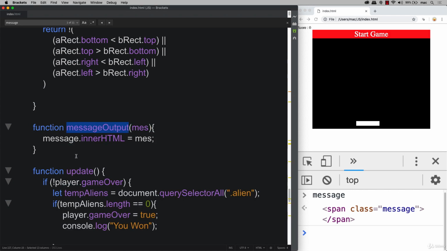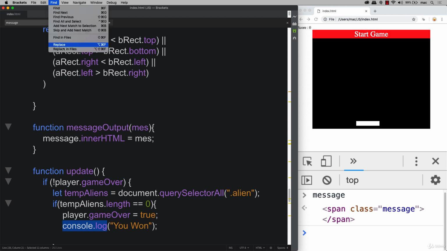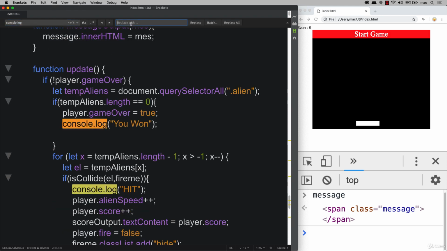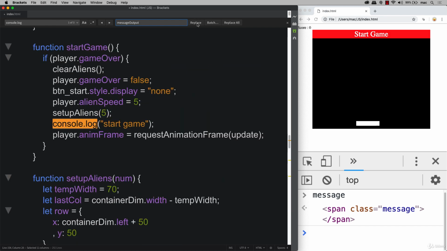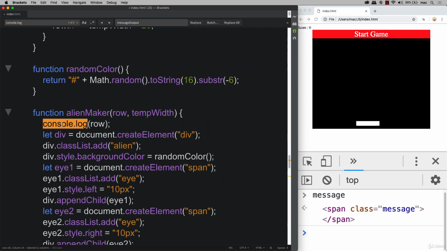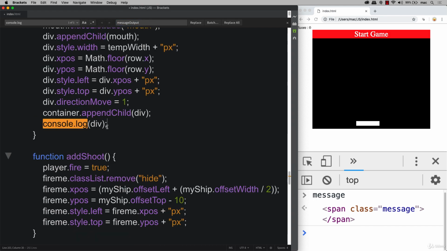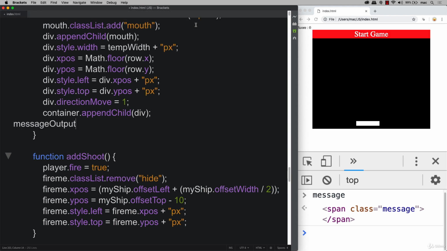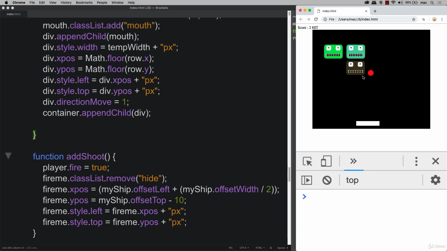So next, let's make a selection. We'll also select the console log, do a find and replace. We'll replace the console log with message output, and we can go through them one by one just to make sure that we don't have anything that might throw an error. This one will throw an error, so we can't output an object in that format. And the same with the div, so we're not able to output it. So that should update the console messages. So now we should get a message that we get the hits being output there, and then we get the